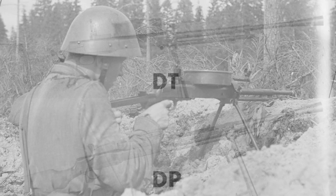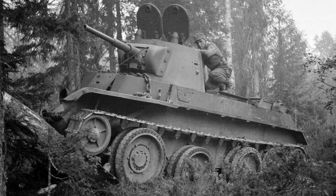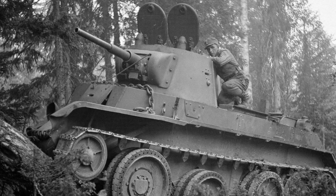While the 47-round pan magazine used in the DP-27 was a single stack, the DT had a triple stack 60-round magazine, making it smaller in diameter but also heavier. The DT machine gun was the most common weapon to be featured in Soviet armored vehicles manufactured before and during